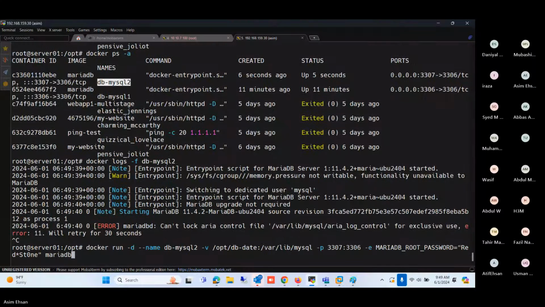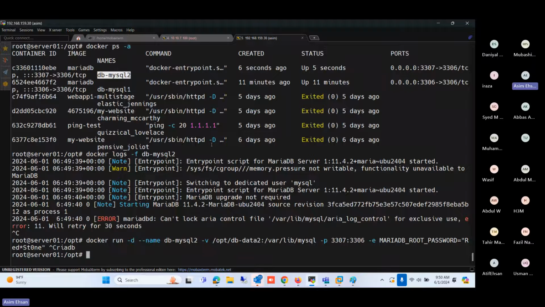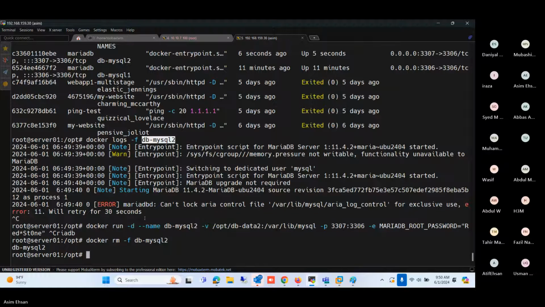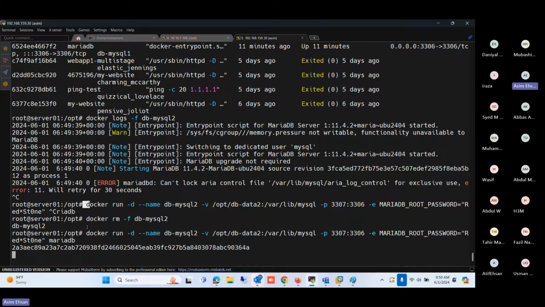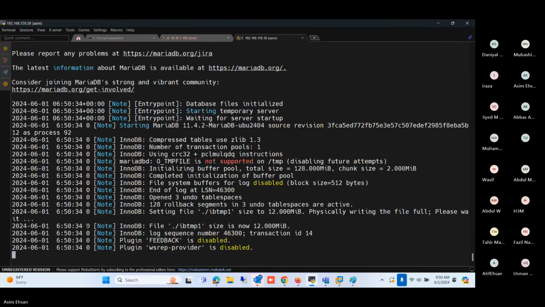What mistake did I make? Oh, sorry. The volume name is the same. Yeah, the volume name is the same, and I need to also delete. Even though I'm using Control C. Okay, 3307. Okay. And this time it is started